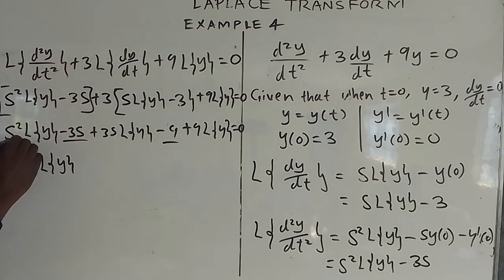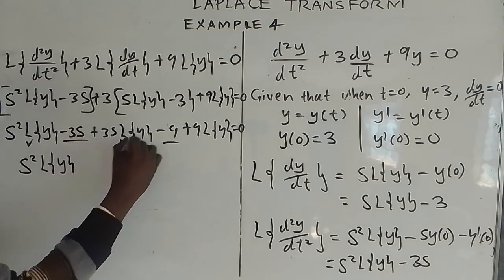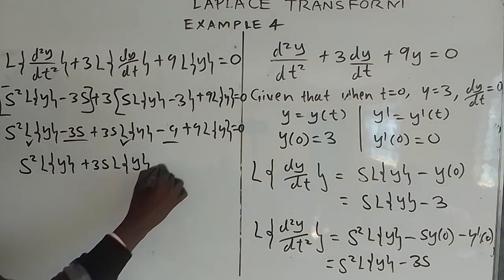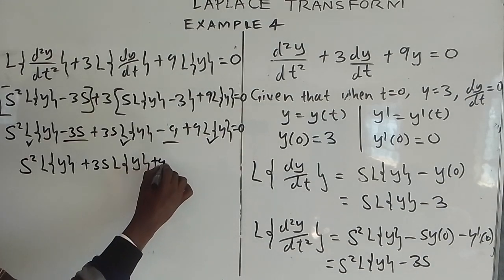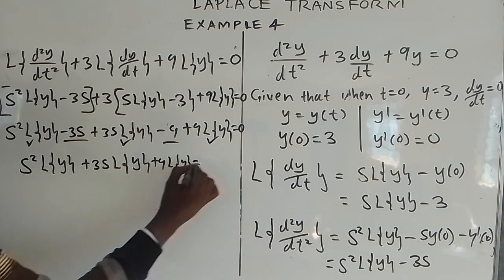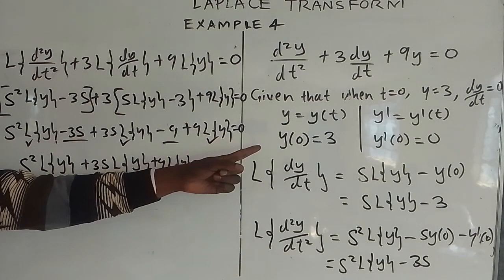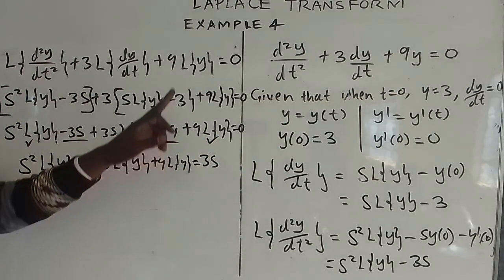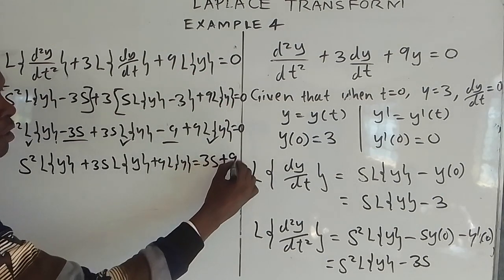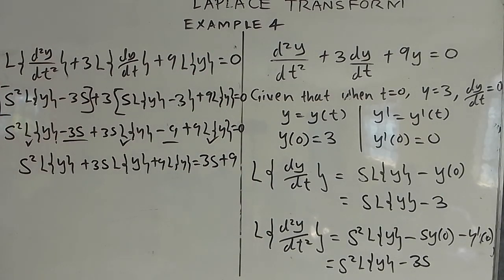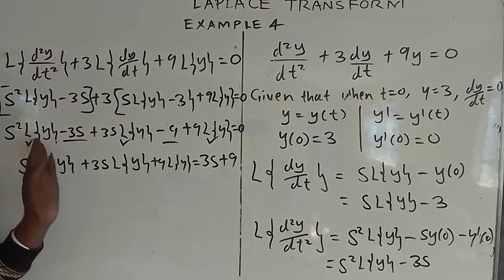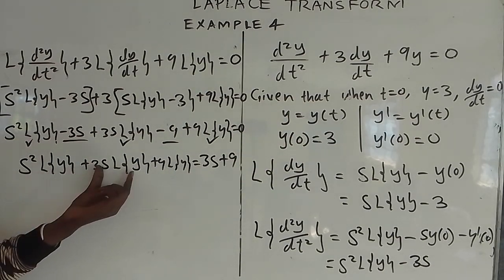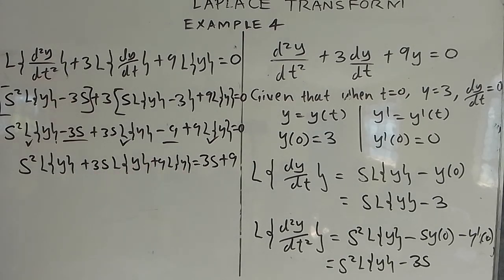So here we just remain with s squared Laplace transform y, and this one plus 3s Laplace transform y, and that last one plus 9 Laplace transform y to be equals to what? Negative 3s going on the other side of the equation, positive 3s, isn't it? Negative 9 going on the other side of the equation, positive 9. So have you seen, any term without Laplace transform of y, you take on the right hand side of the equation, isn't it? Then after you've now done this, you now factorize out a common factor, Laplace transform of y,